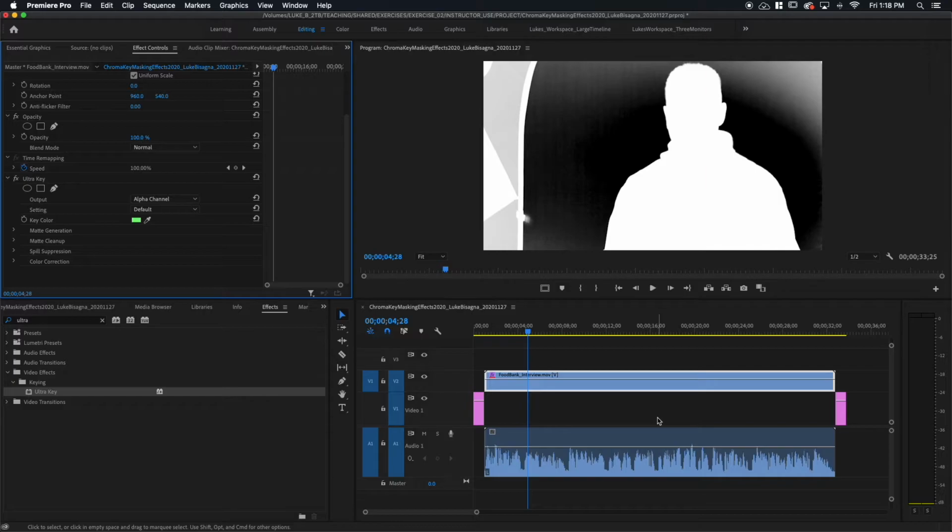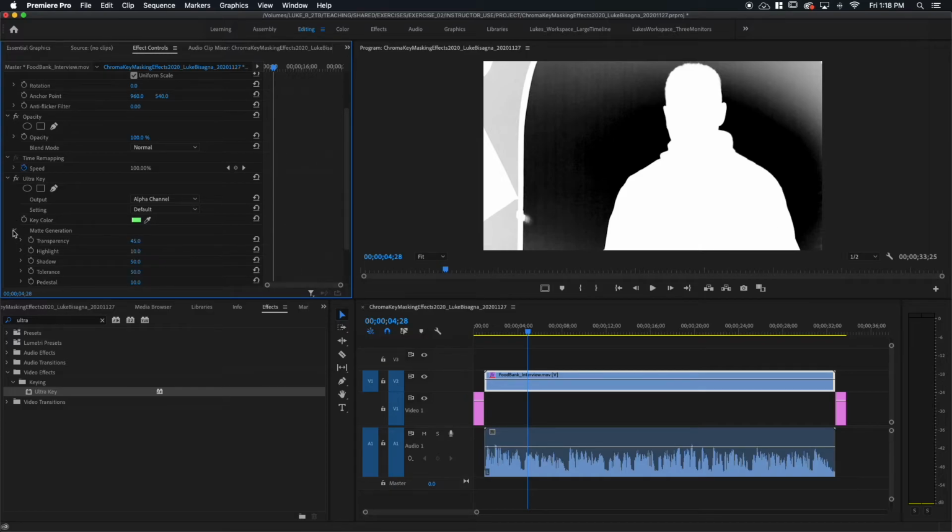So what I want to do is basically get only my subject in here and everything else in the screen black. So in the chroma key portion here that we're doing with the Ultra key, I'm going to try and make the green area that we had before as black as possible. Okay, so there's a couple of different controls to do that.